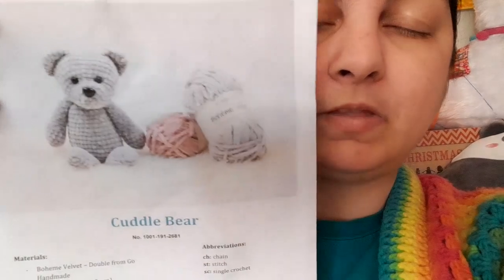So I was going to do this pattern from Hobby, which uses 1 ball of chenille yarn, and I have 1 ball, or 1 rather messy ball, of toy, which is yummy. So I was going to do that, but